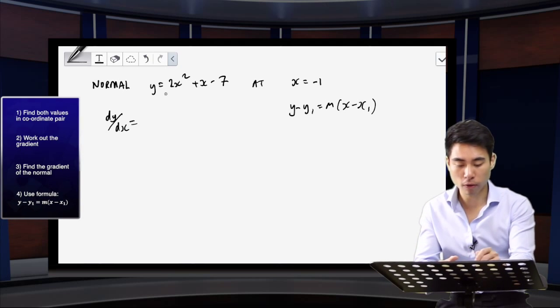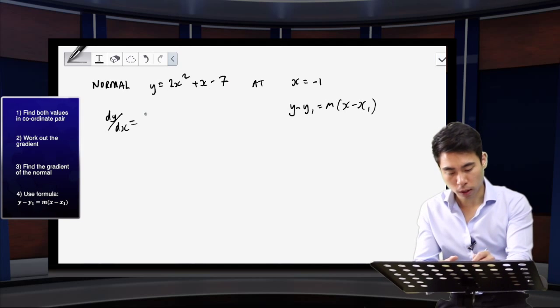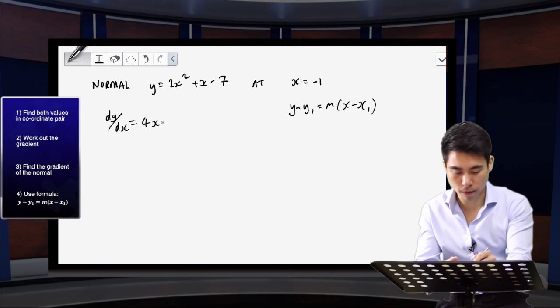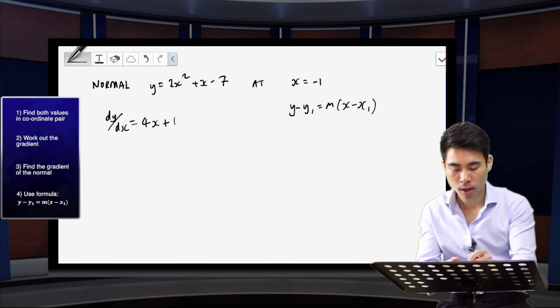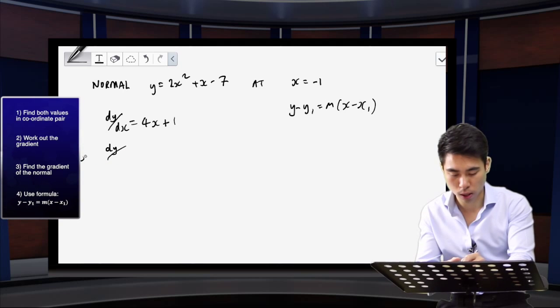Just remember, this whole topic is to do with differentiation, using your gradient function to work out gradients. So I'm going to differentiate this function here: bring this 2 to the front, combines with the other 2, gives me 4x, decreasing my 2 here by 1 to give me a power of 1. Don't need to write that there. Plus x, coefficient of my x there is plus 1, and this term here disappears. So dy by dx equals 4x plus 1. And at the point in question, i.e. when x equals -1,